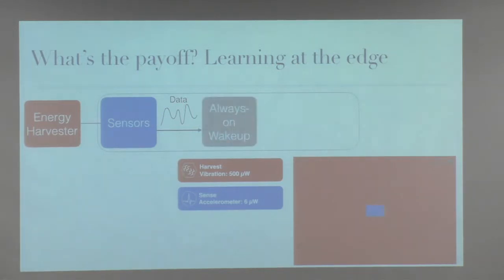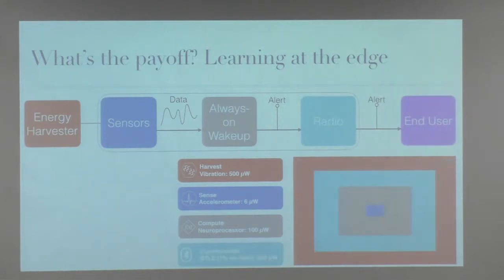then you've got to process it. So there's going to be something that's always looking at this signal, predicting how it's going to behave. Basically, that prediction is going to explain 99% of what happens. And when something interesting happens or something unpredicted, it will send an alert via some kind of radio. And of course, radios like Bluetooth energy are like 30 milliwatts, so you can only turn them on about 1% of the time to stay within your energy budget.